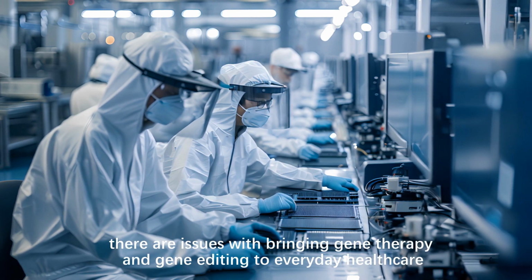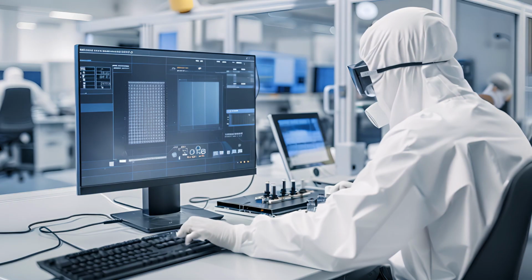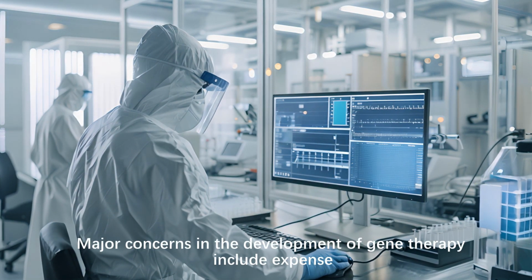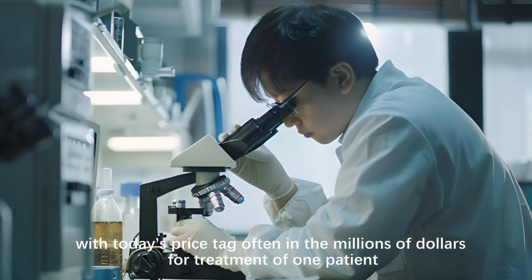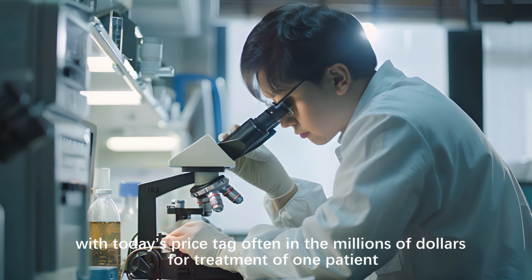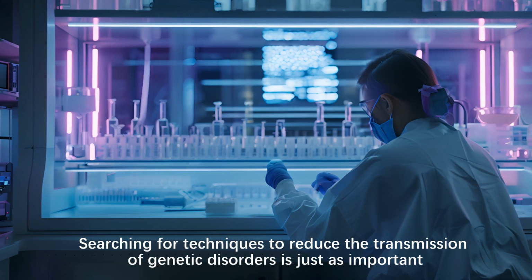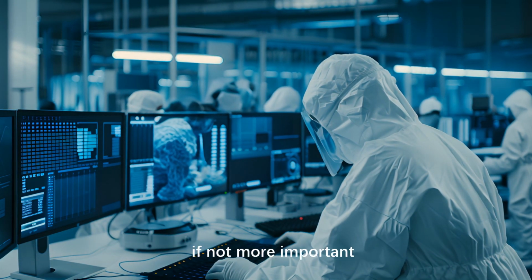However, there are issues with bringing gene therapy and gene editing to everyday healthcare. A significant problem is the cost. Major concerns in the development of gene therapy include expense, with today's price tag often in the millions of dollars for treatment of one patient. Searching for techniques to reduce the transmission of genetic disorders is just as important, if not more important,